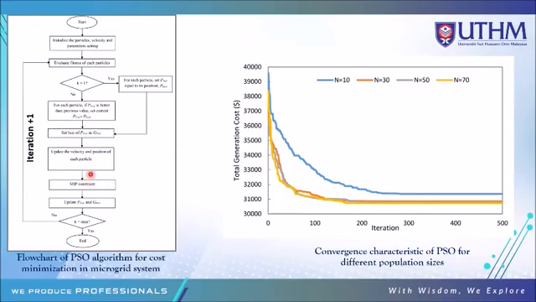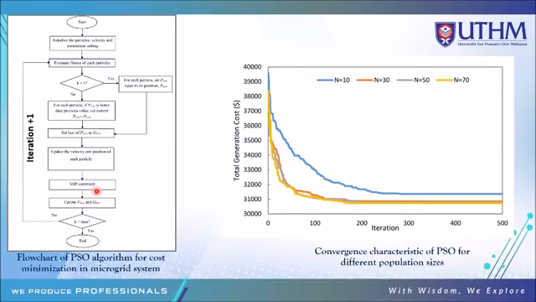Of course, after we update the velocity and position of each particle, some particles, or some possible solutions, are beyond our considered constraint. So the question is how to ensure that our solution is within the constraint. Of course, we need to introduce constraint handling. So how do we handle that constraint?